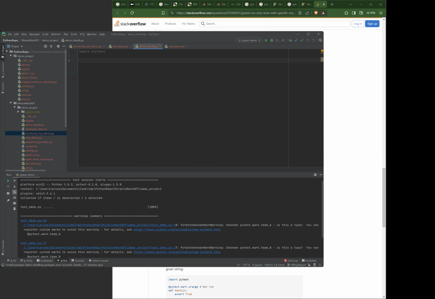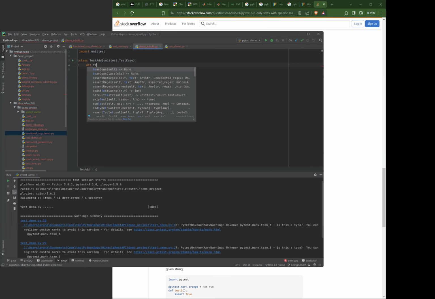I understand. But yeah, so here I'm going to say something like test add. Python's inbuilt unit test uses object-oriented style. Here it's going to say unit test dot test case. So remember the base class, derived class thing. Any test case class that you write has to be derived from the unit test framework. That means this is a base class and this becomes a derived class. And then we say test